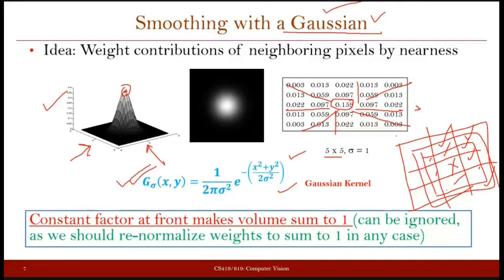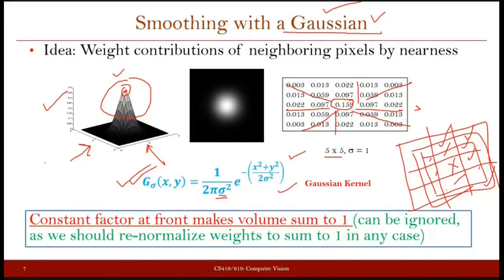In this Gaussian filtering, there is a parameter you see in this equation, which is sigma. This sigma defines how sharp or flat this plot is. When sigma is high, the plot will be more flat. When sigma is low, the plot will be sharp, meaning the peak will be a very sharp peak.